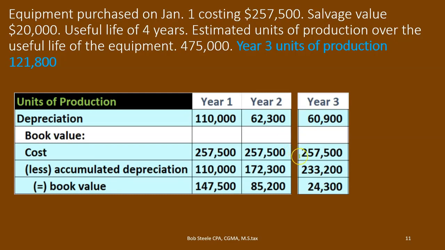So we can see that the cost is still the same. We're going to calculate the book value by the cost less the accumulated depreciation. What is the accumulated depreciation? It's last year's accumulated depreciation, the 172.3, plus the current year depreciation expense, the 60,009, will give us the 233,200 current year accumulated depreciation. We can also calculate it as adding up the depreciation expense throughout the 3 years, being the 110,000 plus the 62.3 plus the 60,009, which should also give us the 233.2. We can see that the 257.5 of cost less the accumulated depreciation 233.2 will give us the book value at this point of